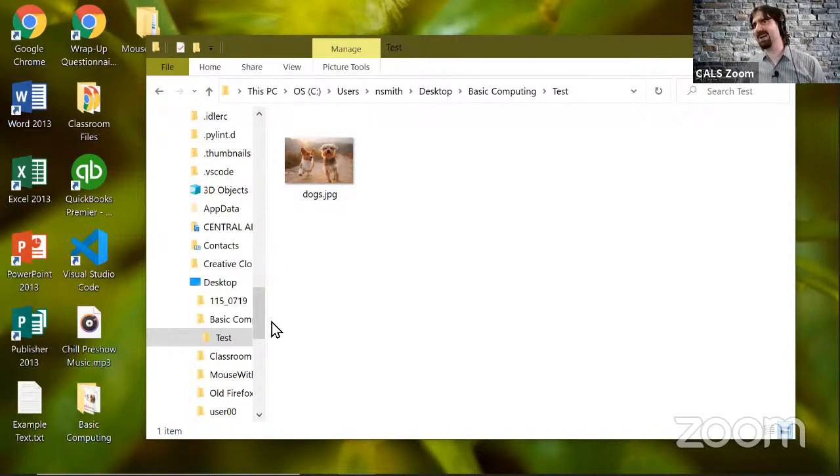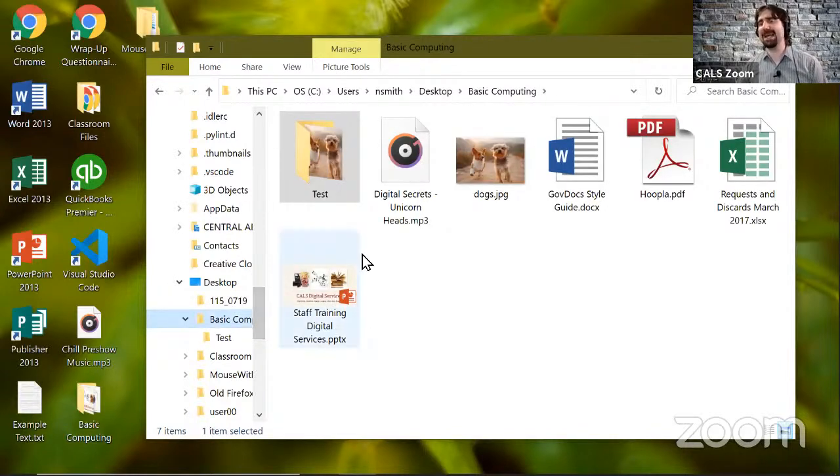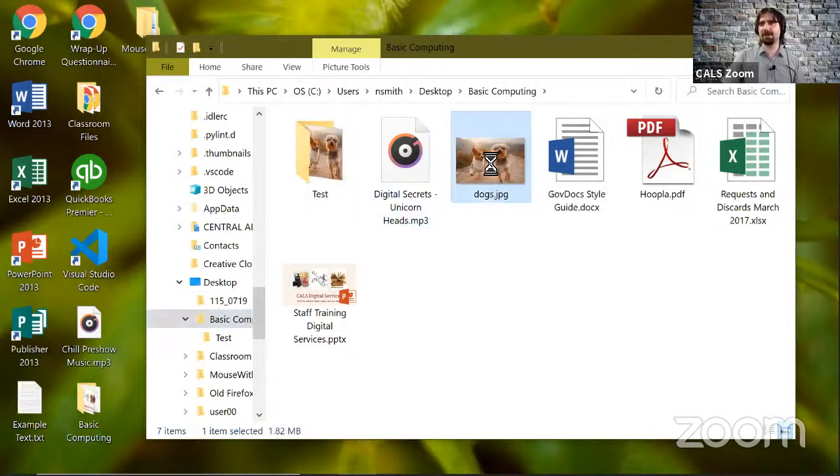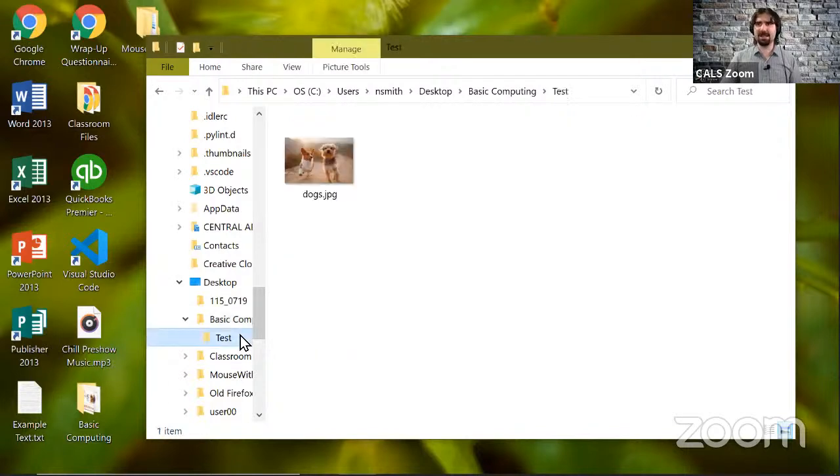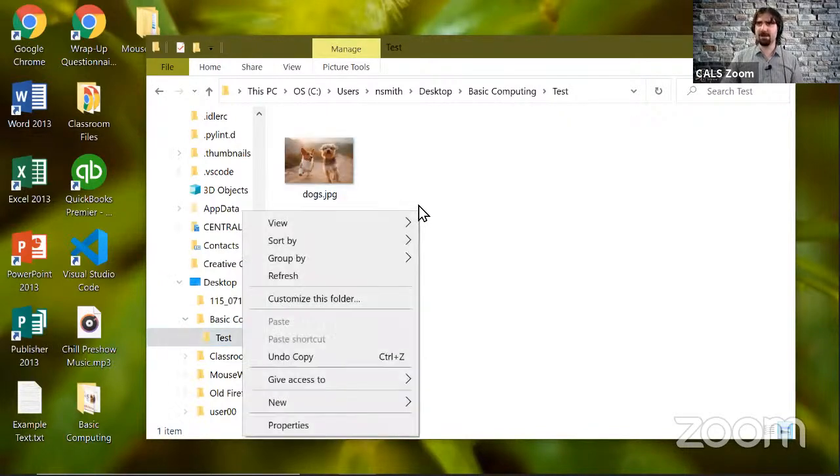Another option would be to use basically the same process that I did before when I moved the picture using cut from the test folder to basic computing. What I could instead do would be to right click on it or tap with 2 fingers on a laptop, click copy, and then come in here to the test folder, right click in the blank area and click paste. That would allow me to drop in a copy of the picture rather than moving the